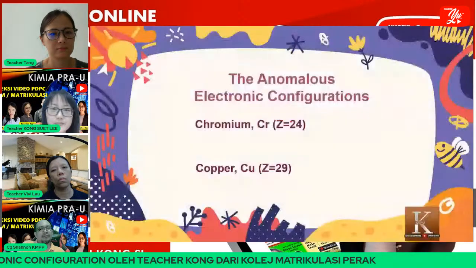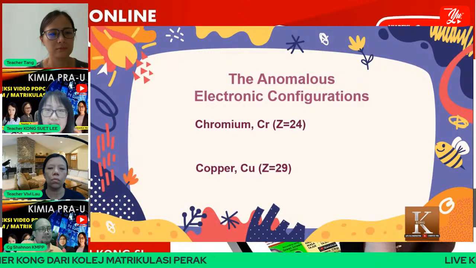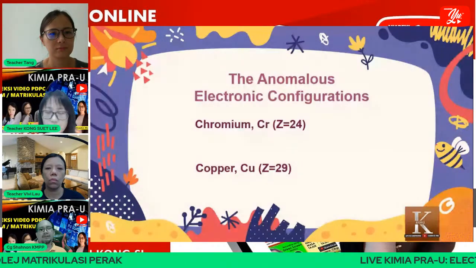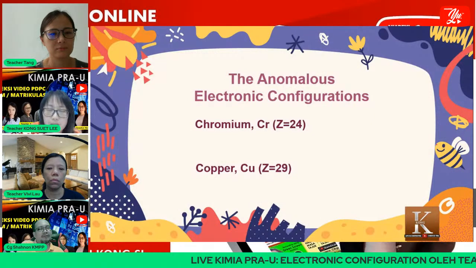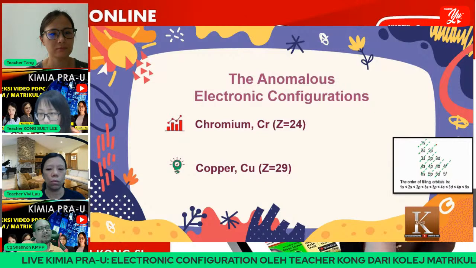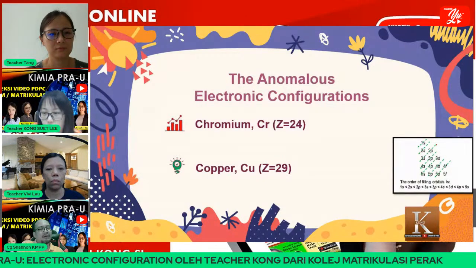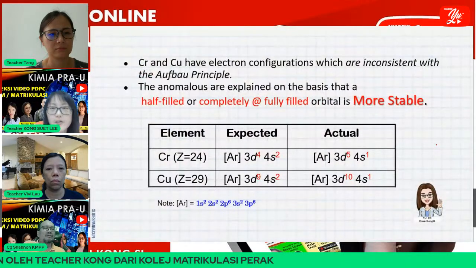So you must know. Okay, now we move on to the next topic, the anomalous cases of electronic configuration. There are two elements, chromium and copper, which do not follow the Aufbau principle. So this is the Aufbau principle diagram. We know we need to follow according to Aufbau, but for copper and chromium